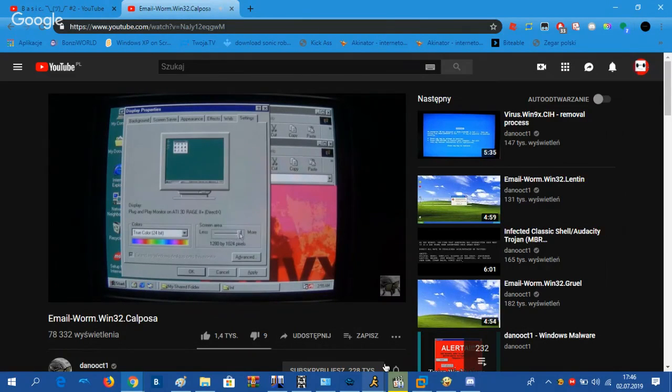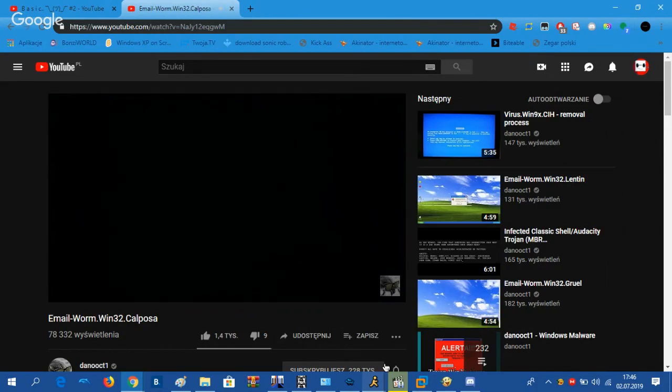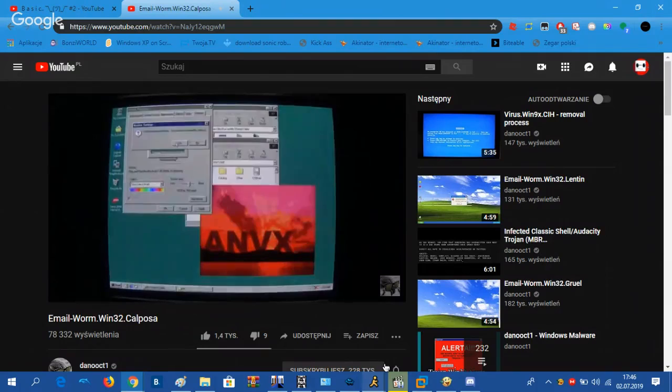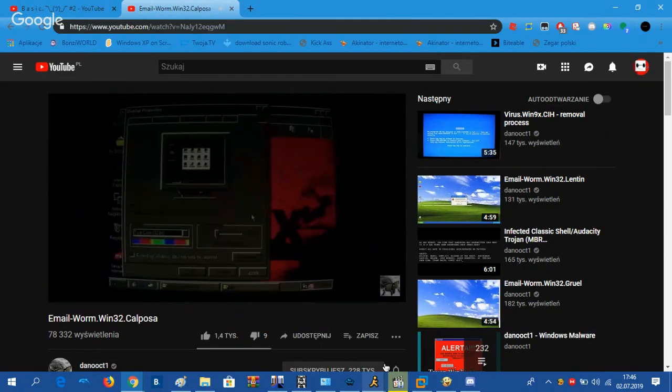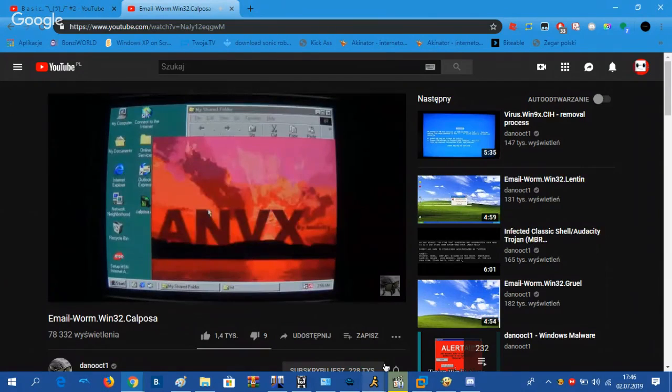How big can we make this? I don't know what this monitor supports. We'll try this. Hey, there we go. It's really tiny, so we're not going to keep it for long, but you can see the picture here, ANVX by Industry. No, we will not keep this setting, actually, and we will go back to this. Oh, there we go. That resized the picture nicely over everything that I need to see. Thank you so much, worm.